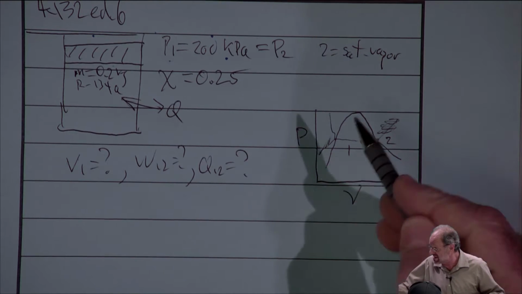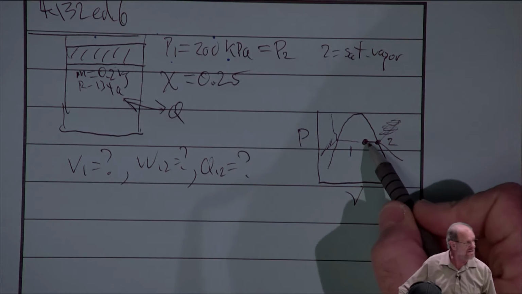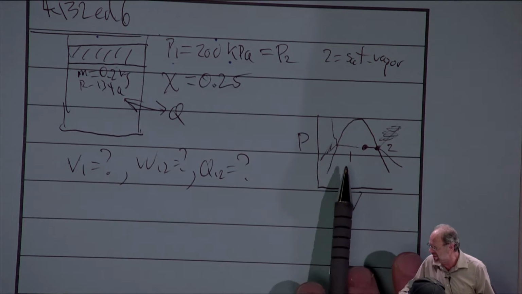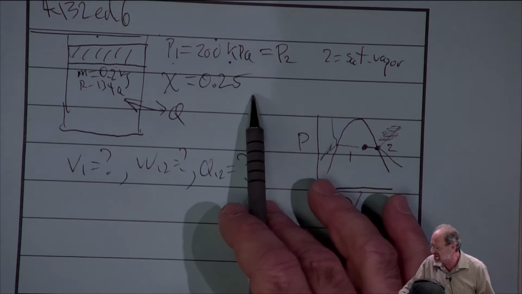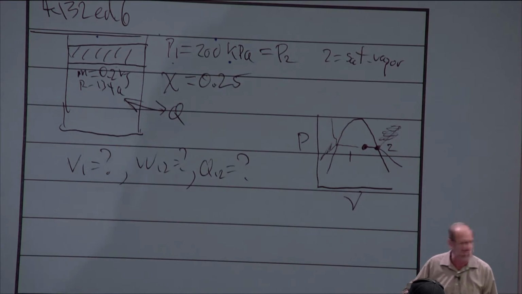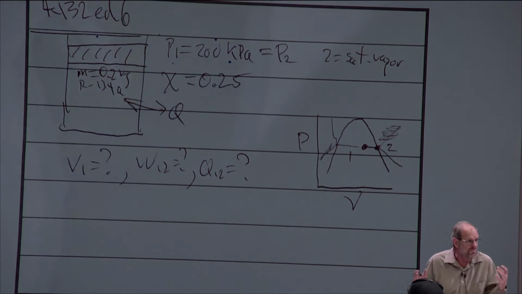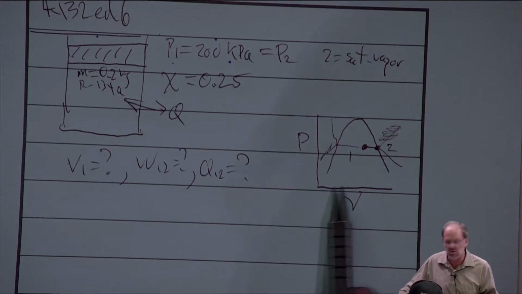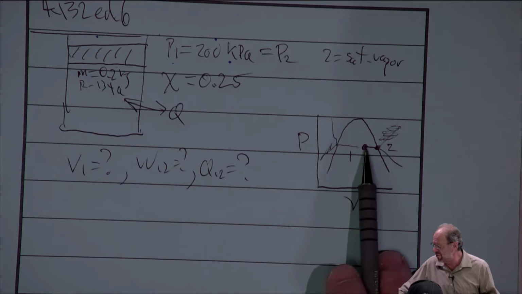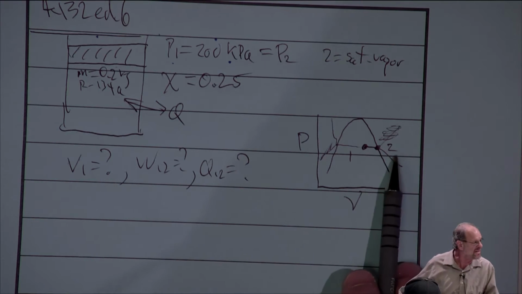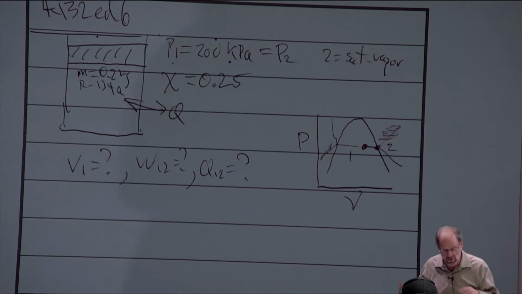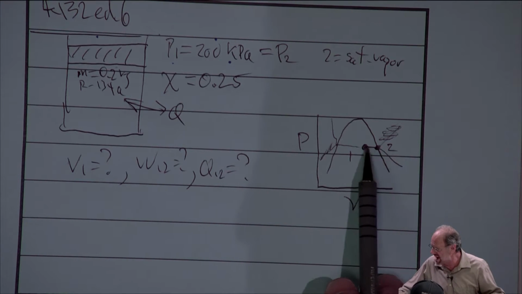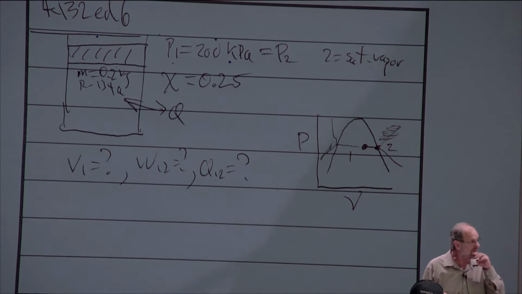Honestly, it's still probably going to be near the right-hand side because after all, even though the vapor is only 25% by mass, its specific volume at this pretty low pressure is going to be about 1,000 times greater than the specific volume of the liquid. So even though it's only 25% by mass, it might be more like 80 or 90% by volume, and this is a volume axis here. So it is very possible that point 1 is far to the right like this. I don't really know for sure until I go through the numbers, but at least this is accurate: horizontal from 1 to 2.